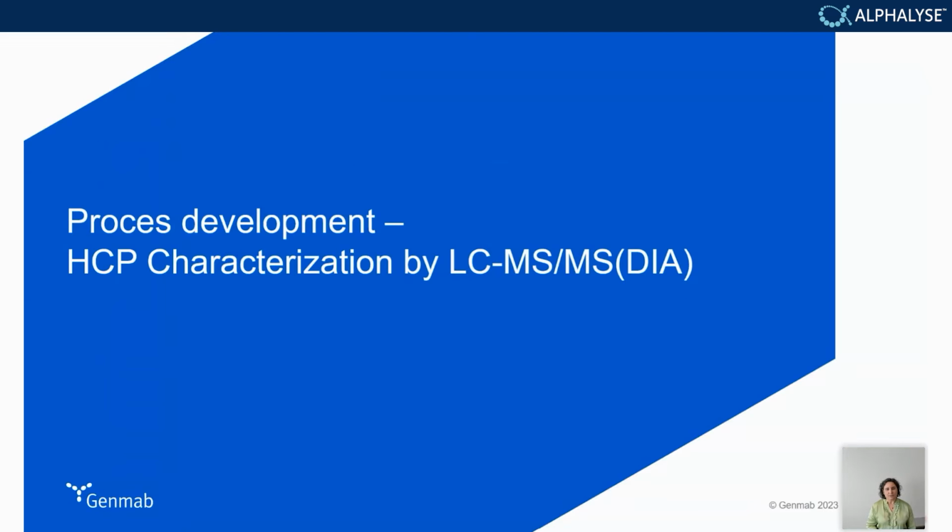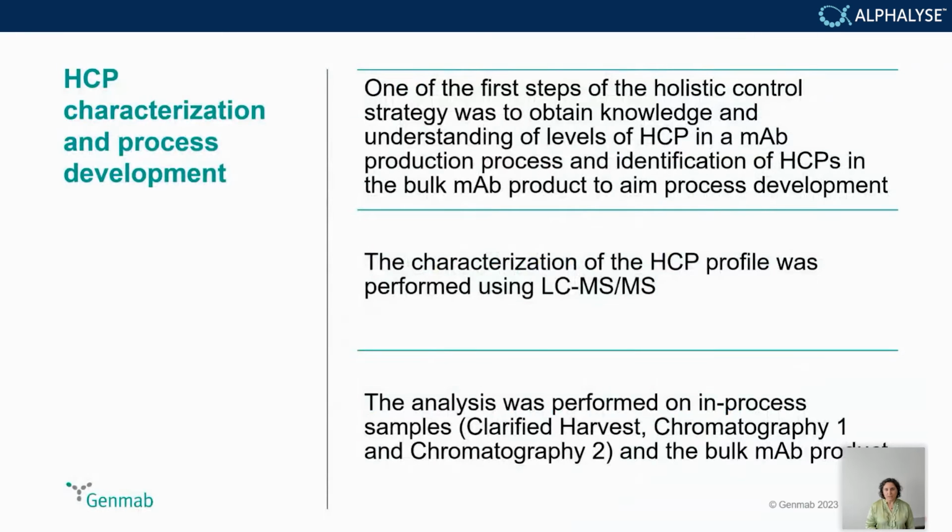So, going to process development and HCP characterization. One of the first steps in the holistic controller strategy was to obtain knowledge and understanding of the levels of HCP, but also what type of HCPs were in our mAb production process, and what were the HCPs that were remaining in the bulk drug substance